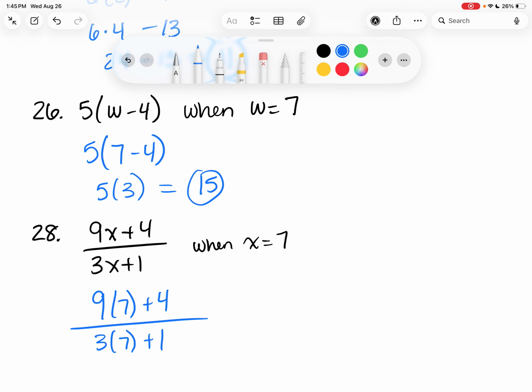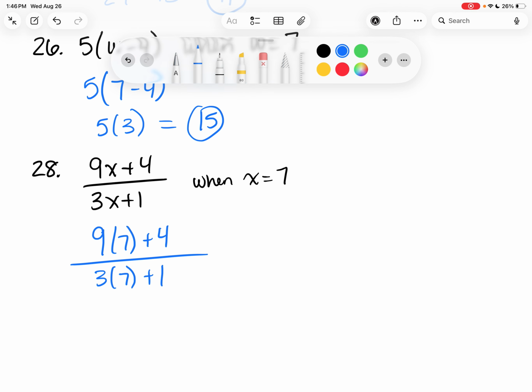So, like I was talking about earlier, sometimes we have a fraction bar as a grouping symbol. What that means is I need to work out the top individually and then the bottom individually, and then I treat it like division. Okay, fraction bar is just like division. So, on top, I have 9 times 7, which is 63 plus 4. On the bottom, I have 3 times 7 plus 1. So 3 times 7 is 21 plus 1. So then on top, I end up with 67 over, on the bottom,